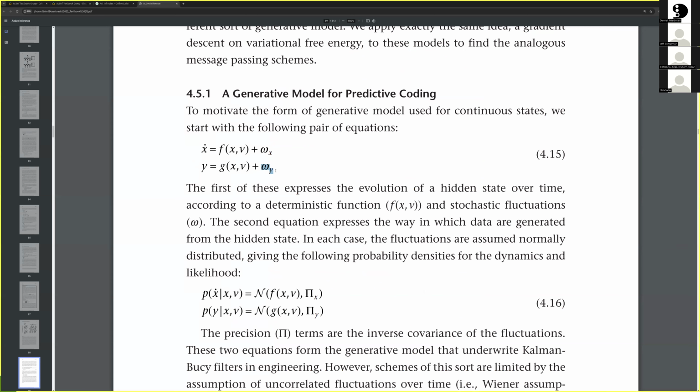Could be a sensor noise. And then X dot is like a spatialized flow landscape of an underlying state like neural activity. So the measurement of fMRI might be just the intensity of the signal coming from a given voxel at a time. That's the observation, which is due to an underlying blood flow change and also noise. And then there's this underlying neural activity landscape, which is X dot.